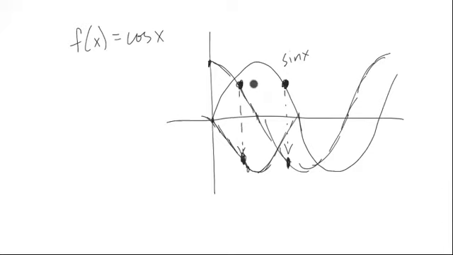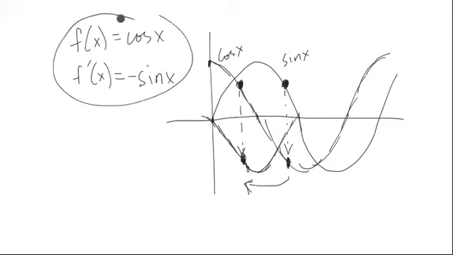Wait a minute. So the derivative of cosine is just the derivative of sine shifted that way. But notice, the derivative of sine is cosine, and cosine shifted that way just becomes negative sine. It's just the negative of sine, because these are shifts of each other and the negatives are shifts of each other as well. And so we end up getting this: the derivative of cosine is simply negative sine. So right now we have a rule. The derivative of sine is cosine. The derivative of cosine